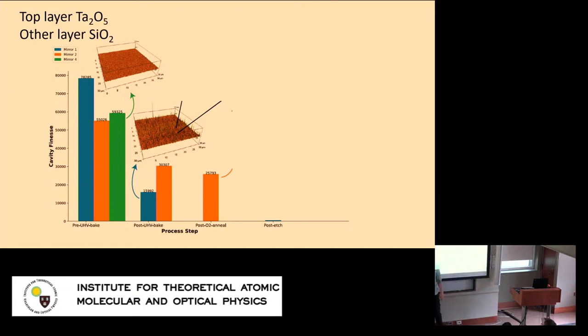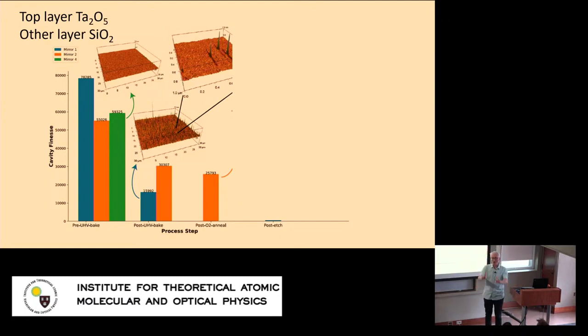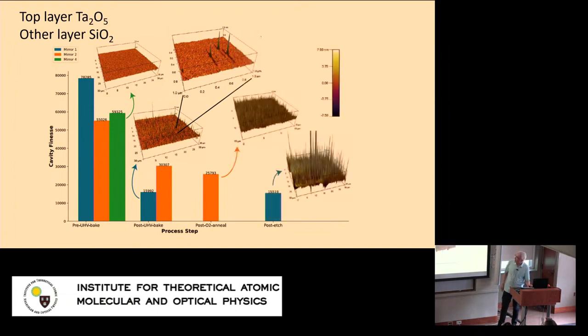And when we looked with the AFM at the surface of the mirrors, it consisted of these extremely sharp spikes. So this is a zoom in. Basically something very bad happened to the mirror surface, where there was some kind of growth out of the mirror surface above these temperatures, with many, many spikes, which made the RMS roughness much, much worse. And when we tried to fix it in various ways, it just got worse.